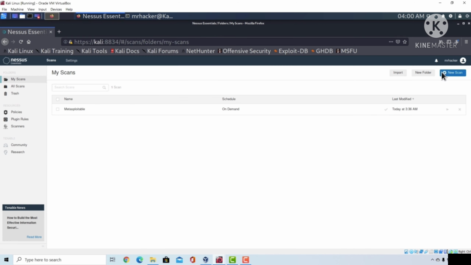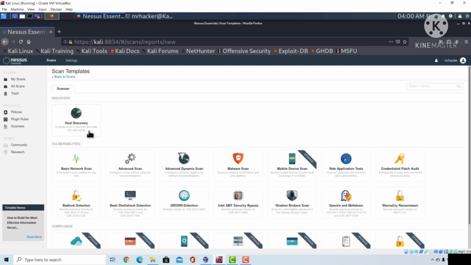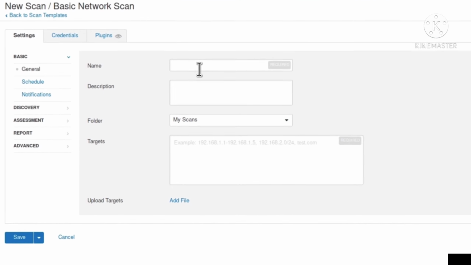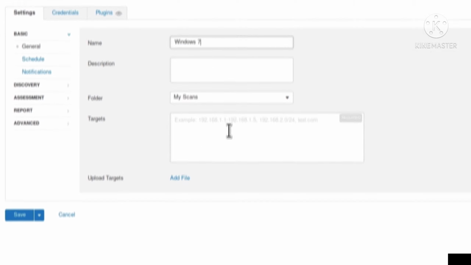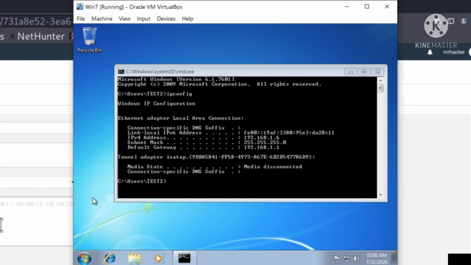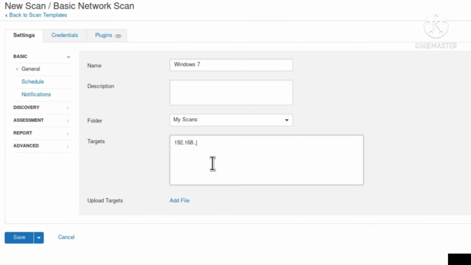So let's go right here and go on to new scan. We already know how we can perform the scan, so I will not be explaining the details. We navigate to the basic scan and we can type right here Windows 7. The IP address I checked out right here, it is 192.168.1.6, and if I scan it,